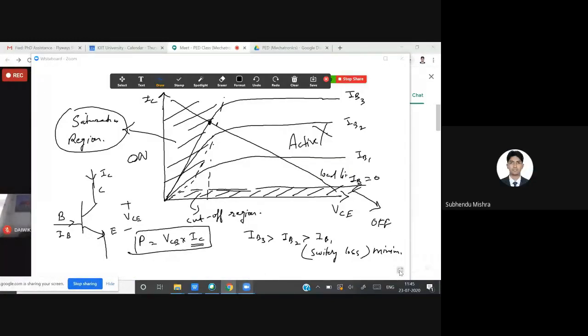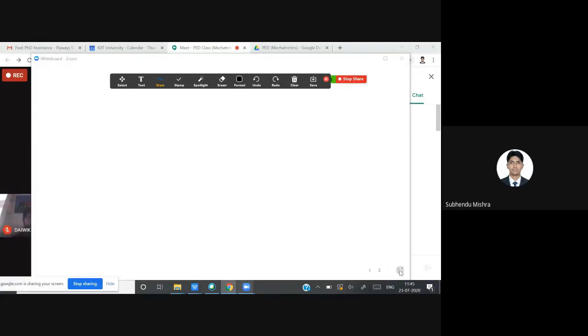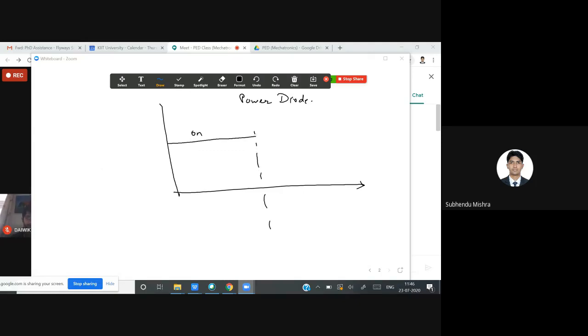Yes, sir. Okay, so now the characteristic of the diode is something like this. The current characteristic of the power diode. Normally the current is flowing, so this is the on state. At this particular point, you decide to turn it off, so the current will decrease, but it will not become 0. This is the current, this is the I, this is the voltage V.